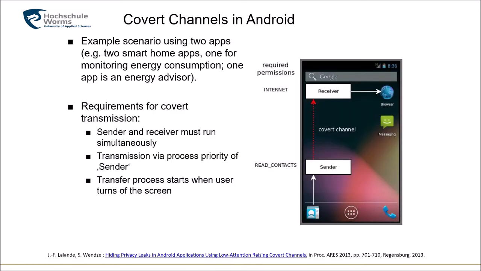So the scenario is as follows. This was joint work with Jean-François Lalande, and he did most of the work for this paper, so credit goes mostly to him, and he also drew these figures. So the example scenario that we have here is that we have 2 applications and the user installed both of them, and the first app is